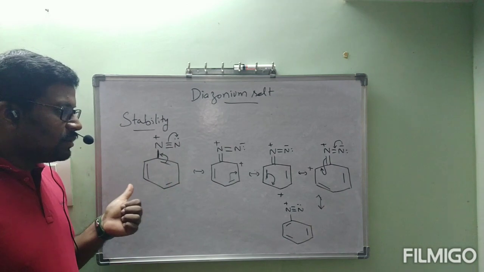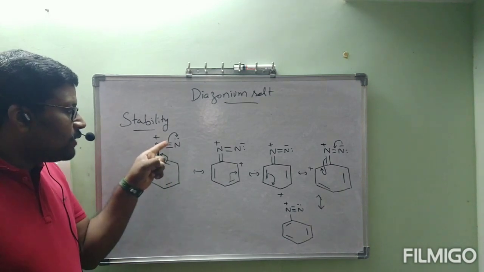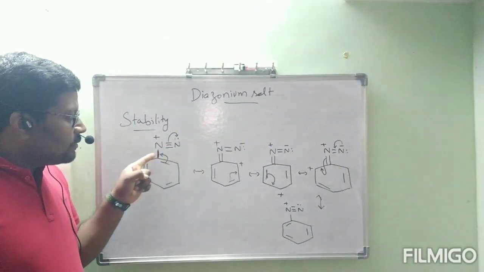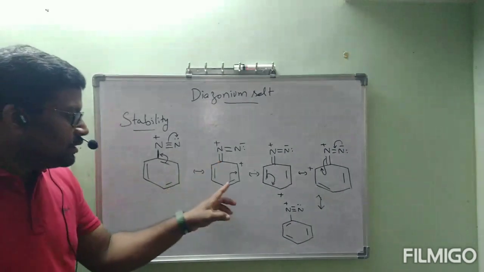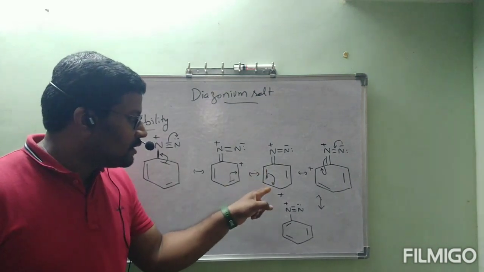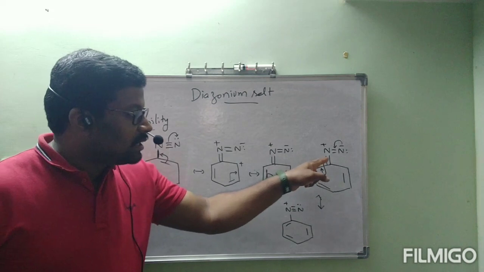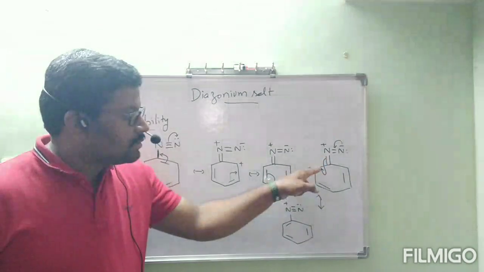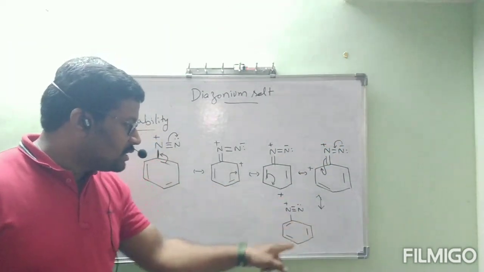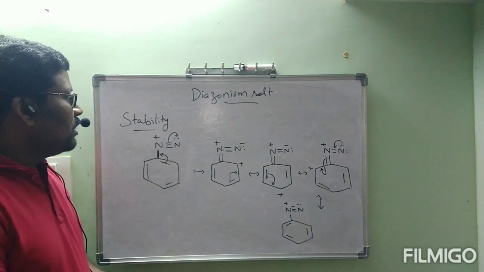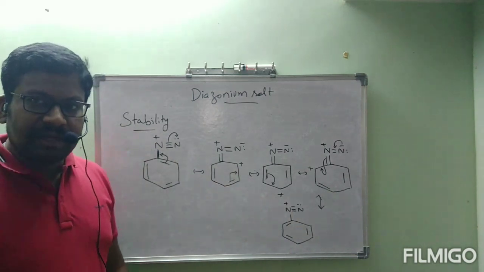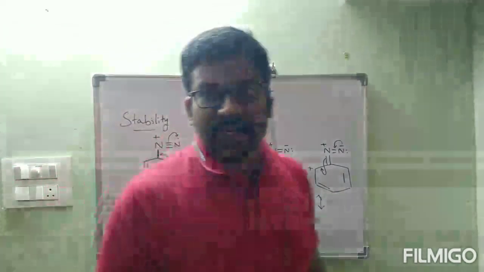Carbon benzene has double bonds. Now out of the triple bond, one bond is shifted as nitrogen N minus. This bond is shifted as C double bond N. We got this structure. Next, this is shifted onto here, then here we will get positive charge. Next, this is shifted here, you will get positive charge here. Next, the double bond C double bond N is coming into this carbon-carbon double bond, and this negative charge is shifted as a triple bond, and we got the same structure like this. In this way, the diazonium salt will show 5 resonance structures. That's why the substance which has resonance structures will be more stable.